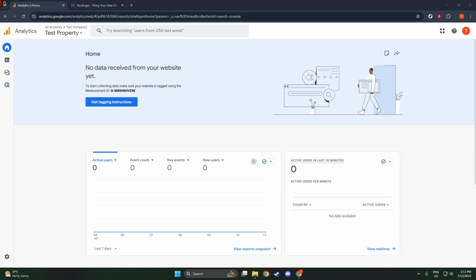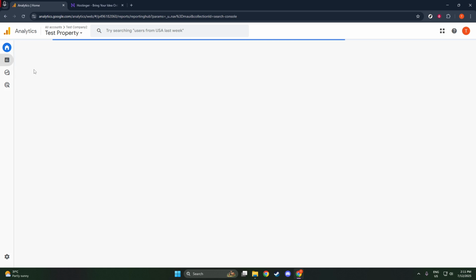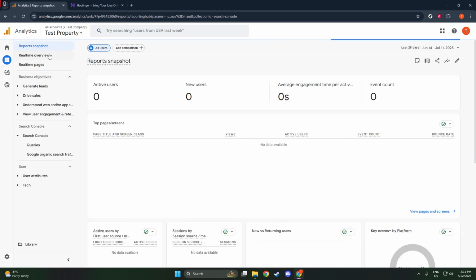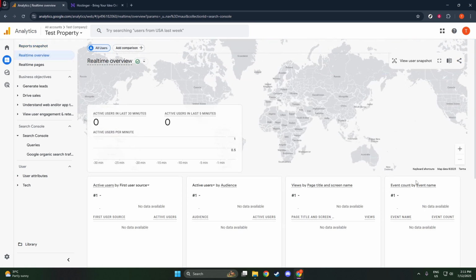We'll start by accessing Google Analytics and heading over to the Reports section. Once you're there, look for the option labeled Real Time and navigate to the Overview. This is your gateway to observing user interactions as they happen. The real-time overview provides immediate insights into your site's activity, helping you gauge the effectiveness of any recent changes or